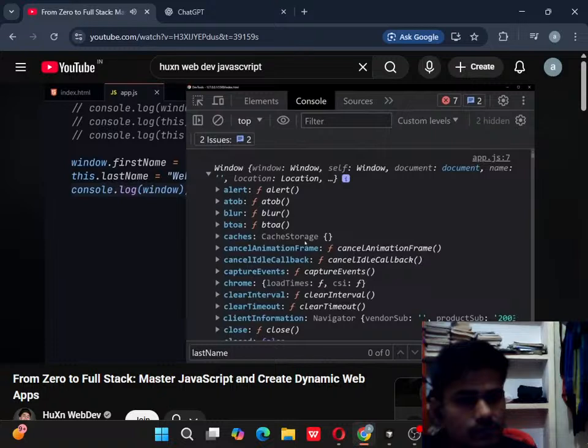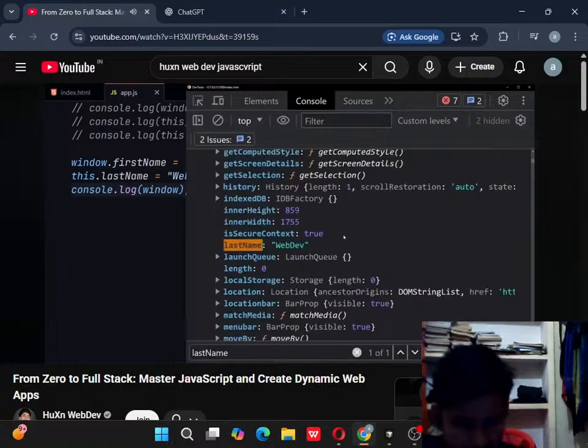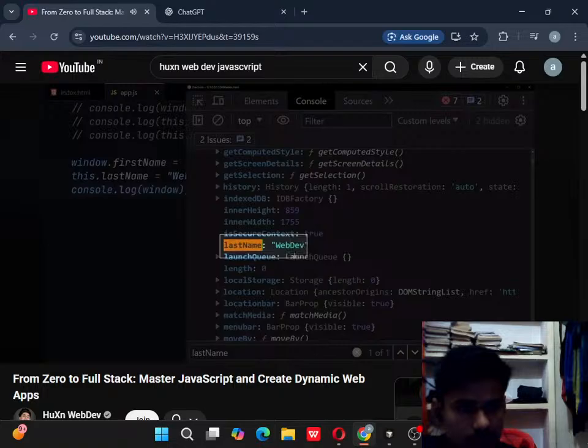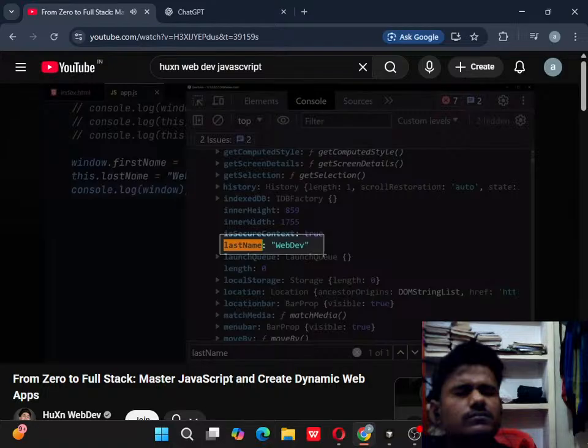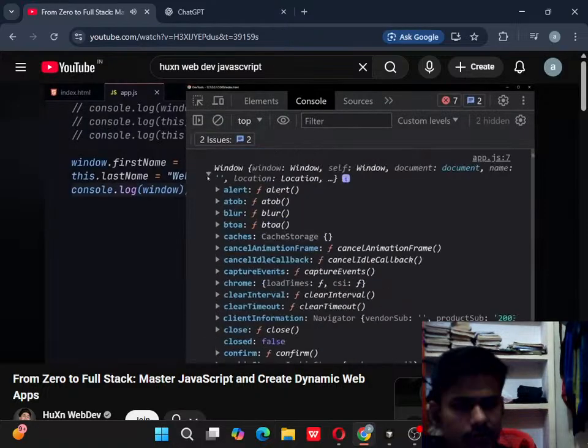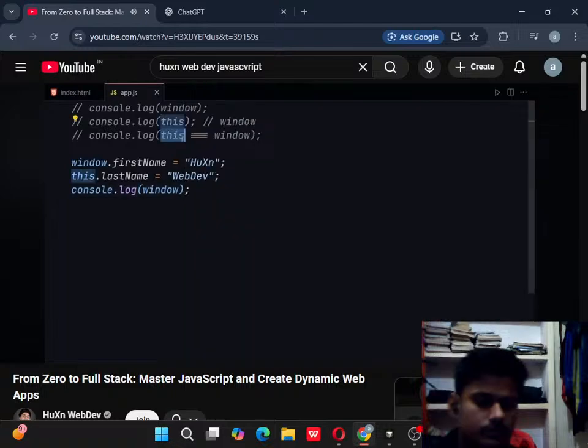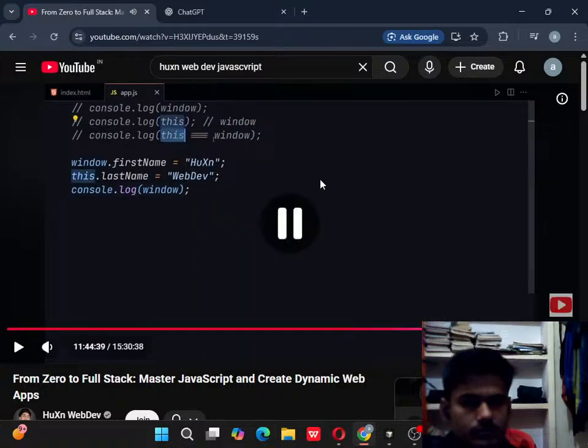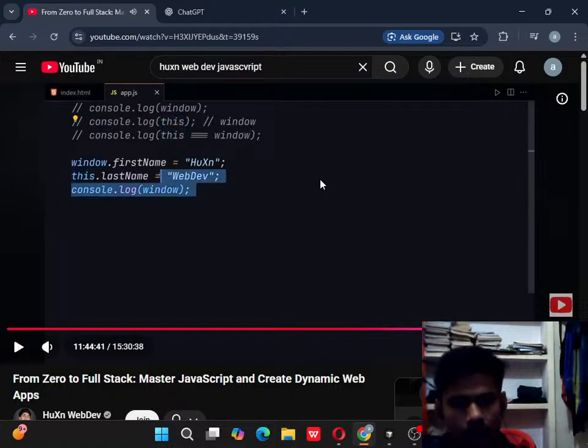And now if I search for the last name, here you can see it will also work just fine. The this keyword here also allows us to provide our variable into the DOM, or the window object which we just saw a second ago. So both of these things are totally fine, the this keyword and the window. So what I'm going to do, I'm going to just